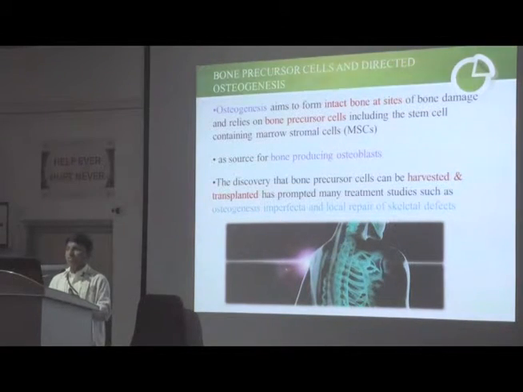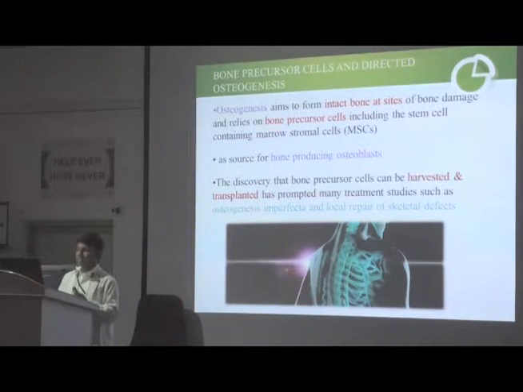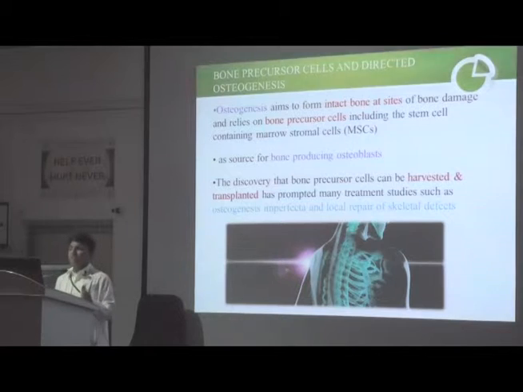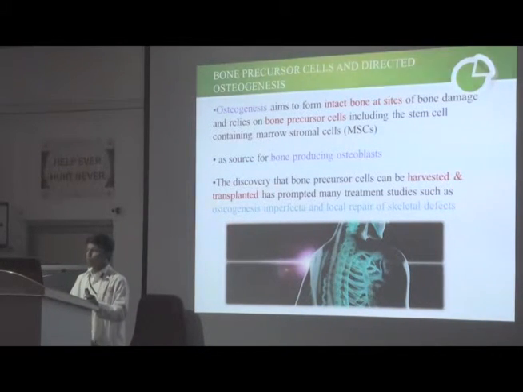Osteogenesis aims to form intact bone at sites of bone damage and relies on bone precursor cells, including the stem cells, such as bone marrow stem cells, that is MSC. It acts as a source of the bone-producing osteoblasts. The discovery that bone precursor cells can be harvested and transplanted has promoted many treatment studies, such as osteogenesis imperfecta and local repair of